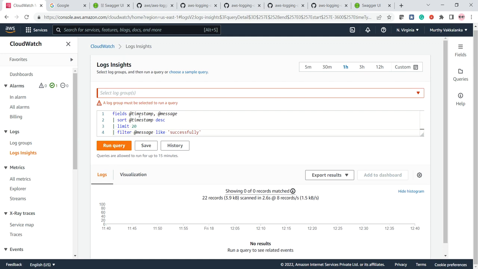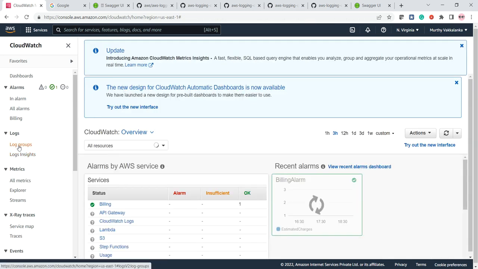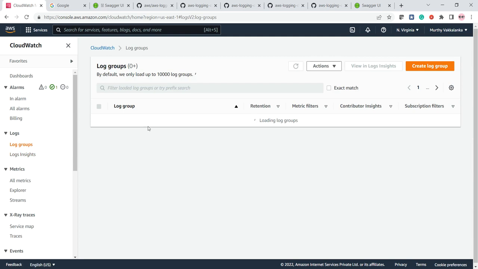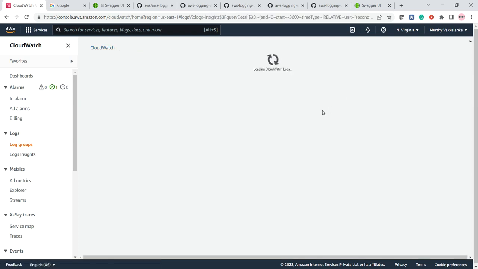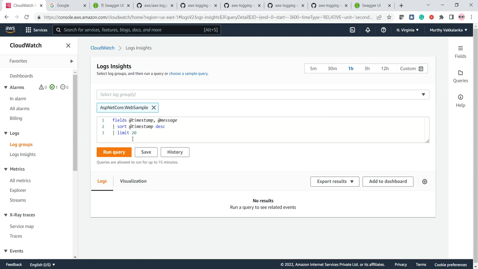Log group must be selected. We have selected again. We go to CloudWatch, log groups. Open this one. Now view log insights. Filter @message like